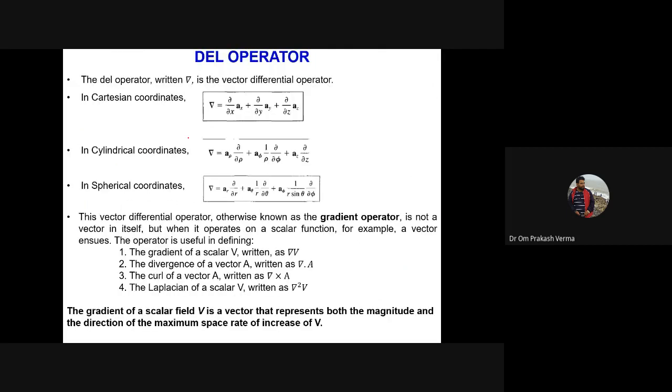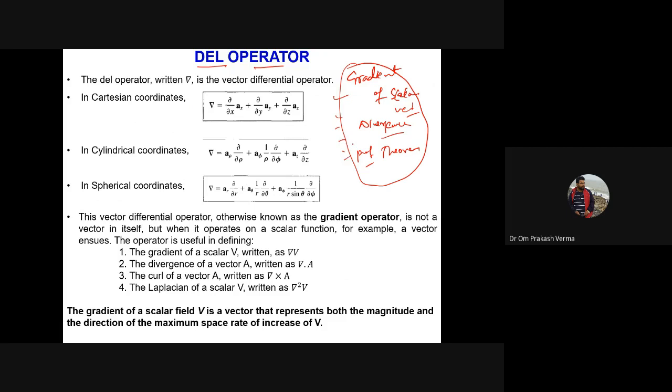Now today we are going to discuss the del operator, and then we will discuss the gradient of a scalar function. What is the gradient, and what is the gradient of a scalar function? Then we will discuss the gradient of a vector also. Then we will discuss the divergence. What do you mean by the divergence? And then the divergence theorem, the proof of the divergence theorem. So in the incoming lectures, including today's lecture, we are trying to understand these points one by one.